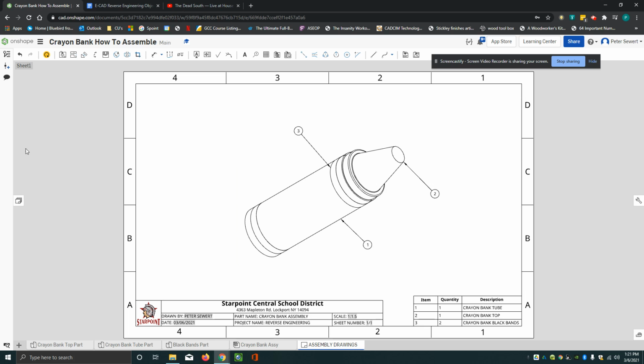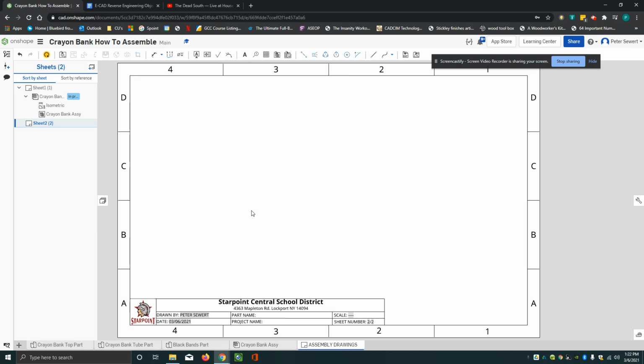What I'm going to do now is add a sheet to this assembly drawings file. So I'm going to click on this little icon on the left here that looks like a bunch of pages stacked up, and I am going to go up to the upper right hand corner here and select Insert Sheet. So that brings in a new sheet for my